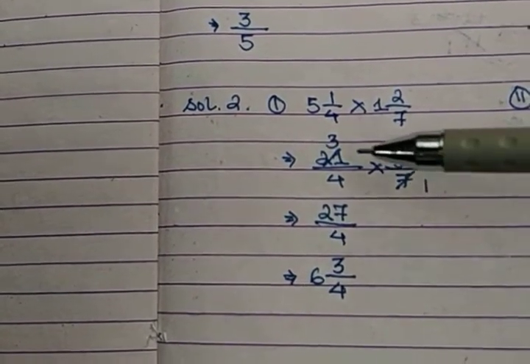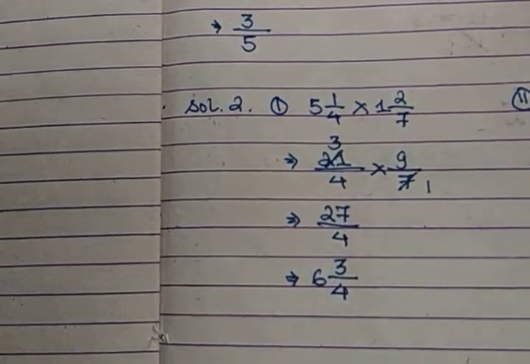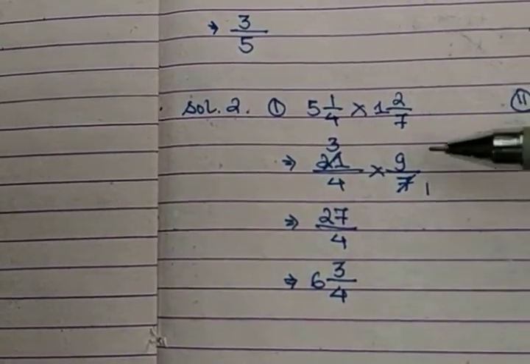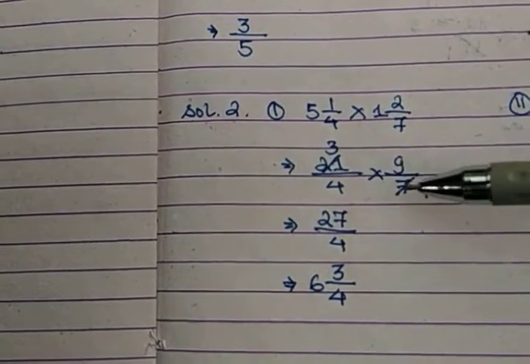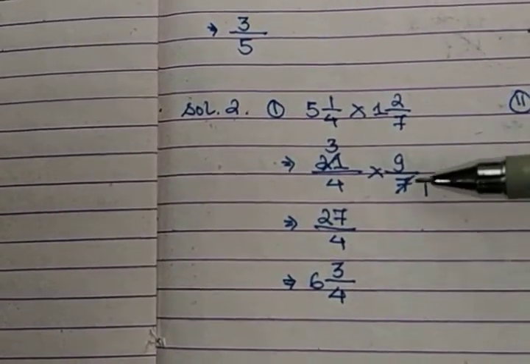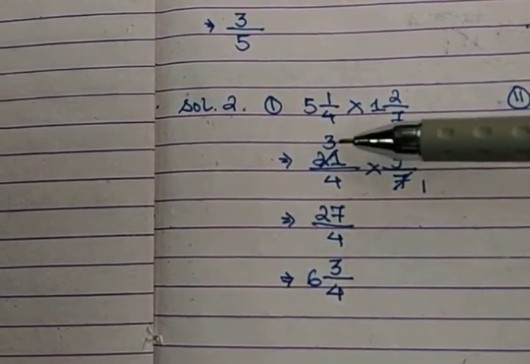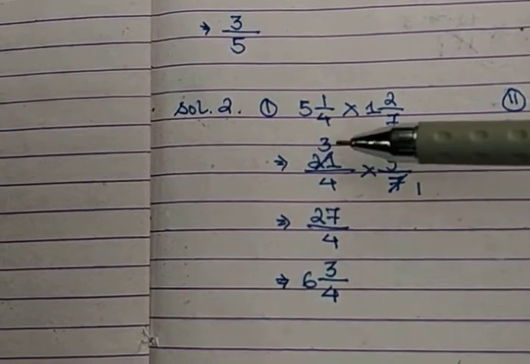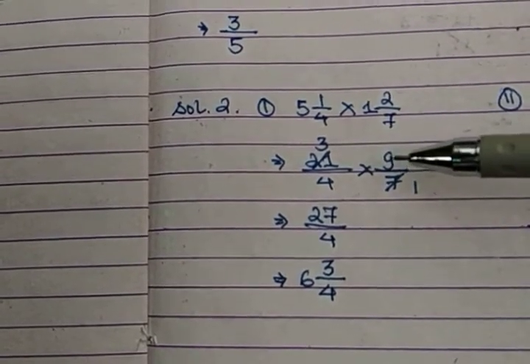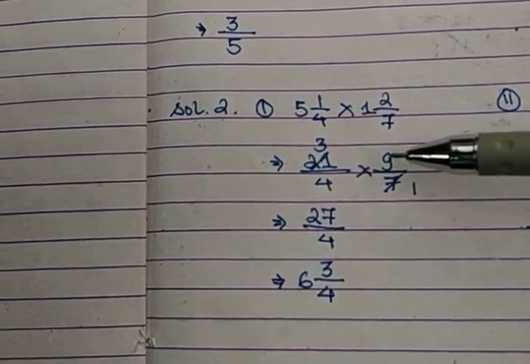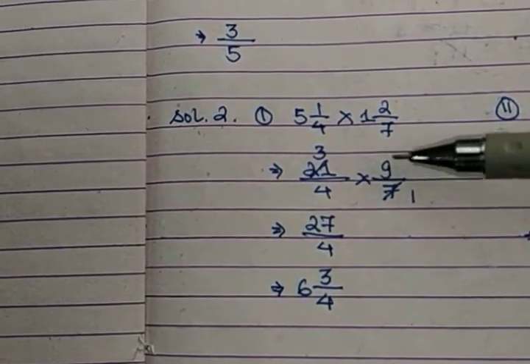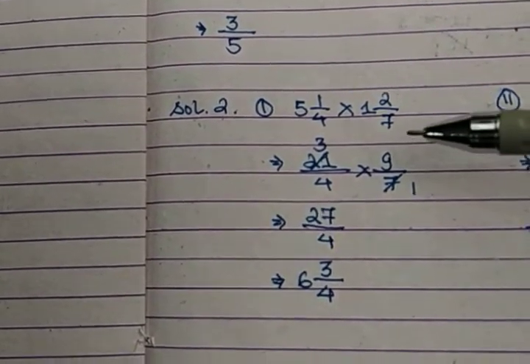So what I see here is, since the numbers were smaller, I didn't go for the prime factor method. Because say 7 and 21, I know that 7 can easily cancel 21, isn't it? So 7 one times, 7 three times 21. Now what do I see is, but remember, this 3 and this 9, they cannot be cancelled because both the terms are in the numerator, isn't it?